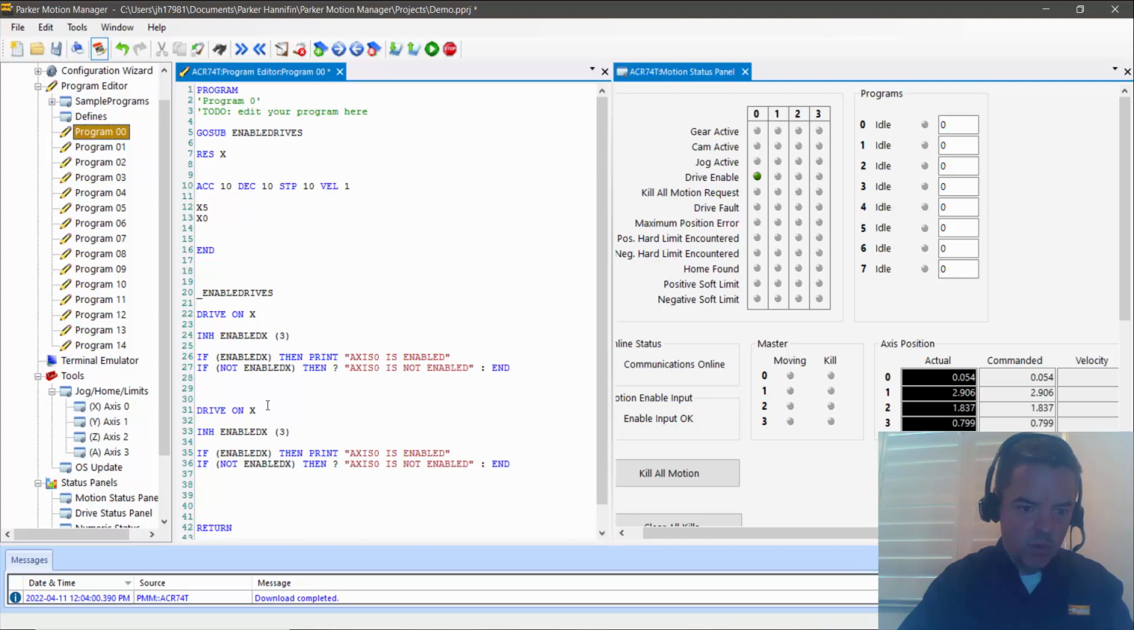So we're going to say drive on, and in this section here, let's just add y, change this to y, enabled y, and then this is axis 1. So using the standard default definitions, x is 0, y is 1, and then we're gonna do z and a,